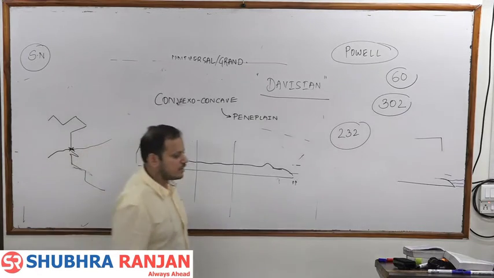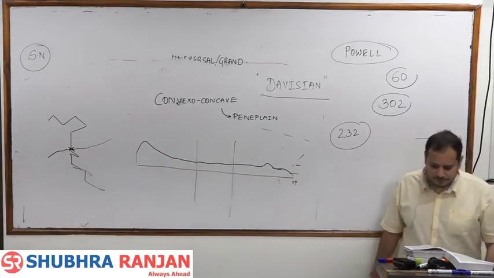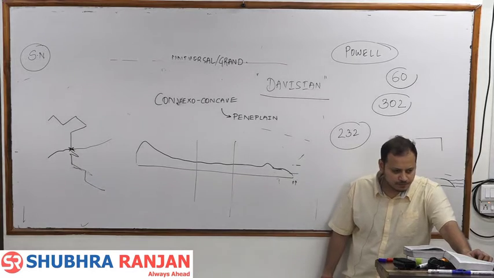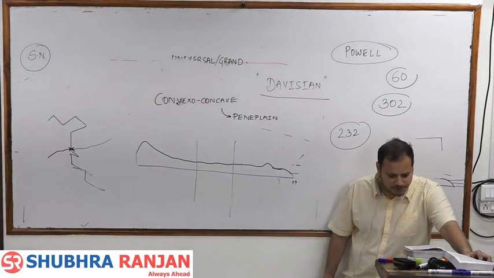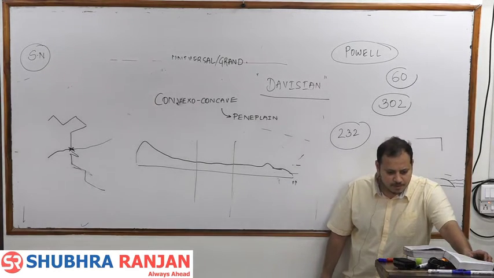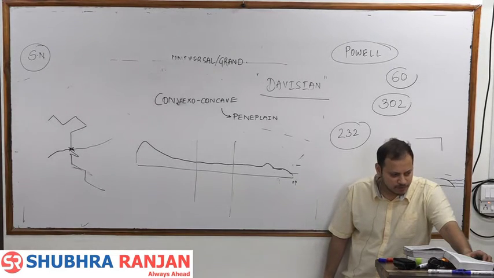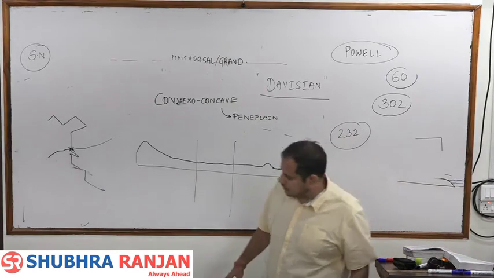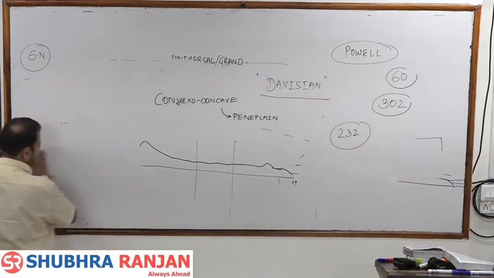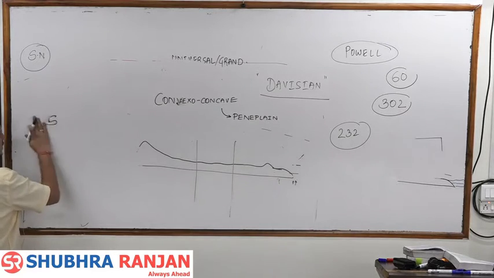So the external forces are regulated by gravity, which causes movement of the materials on the surface of the earth in the form of rivers, glaciers,